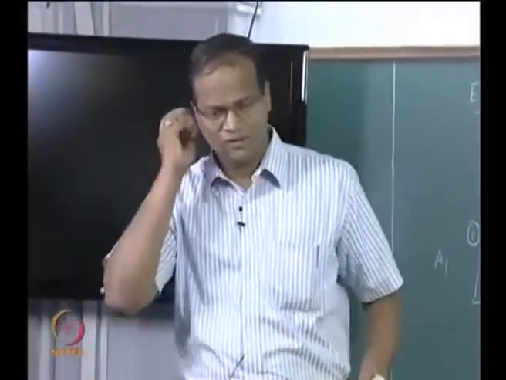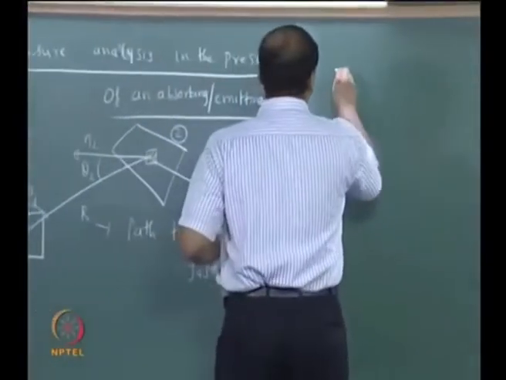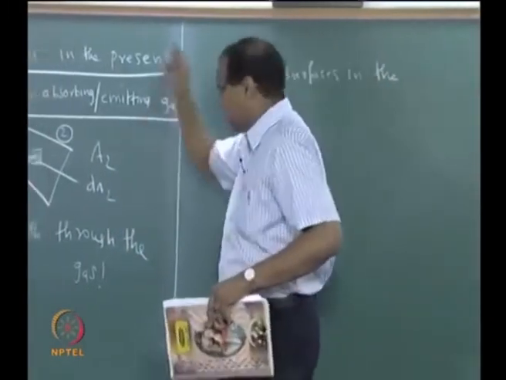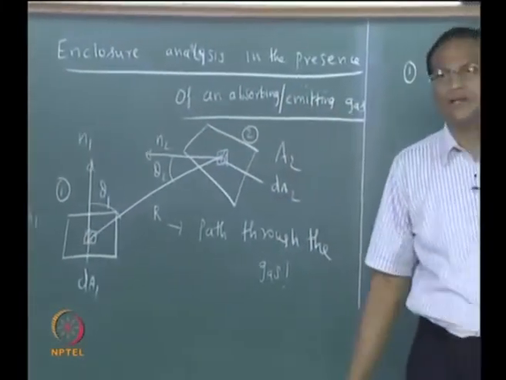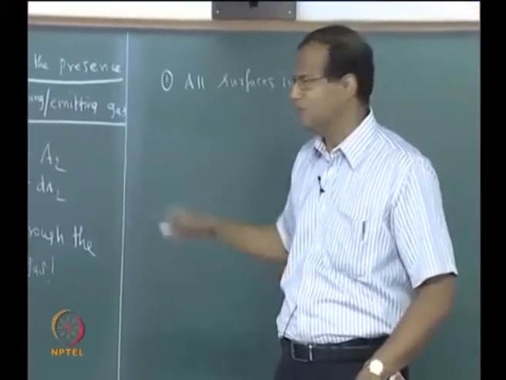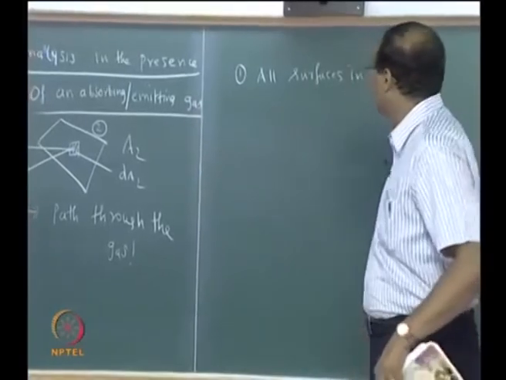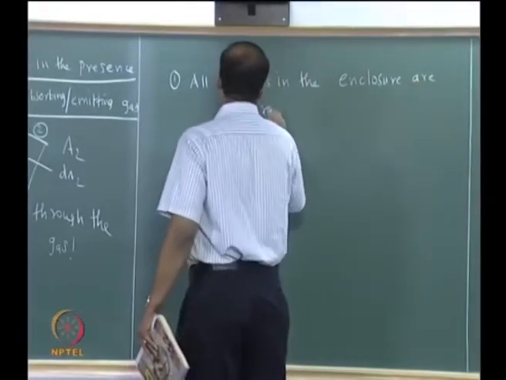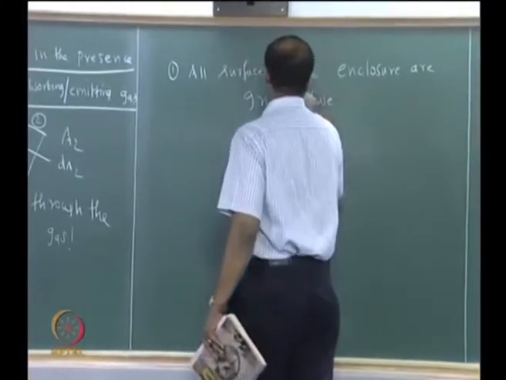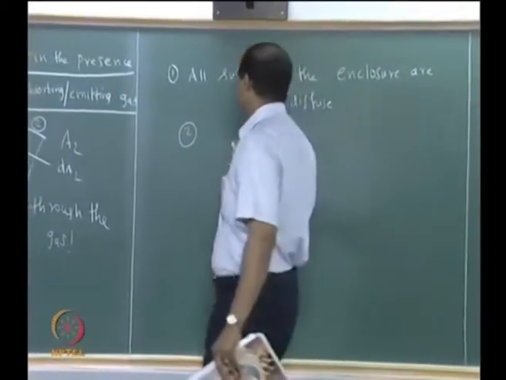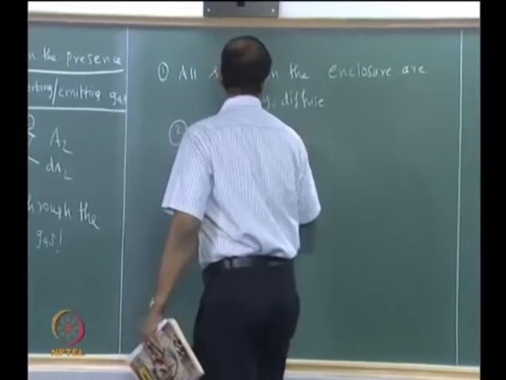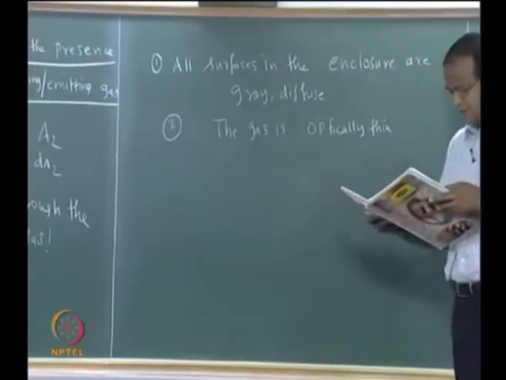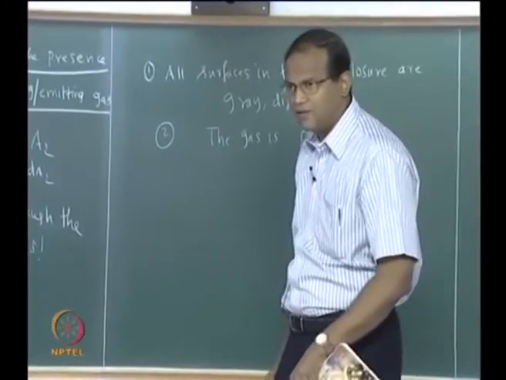Now how do we start? Consider two surfaces A1 and A2 which are part of a general enclosure. In A1 and A2 we take two elemental areas dA1 and dA2, and the configuration is shown. All surfaces in the enclosure are gray and diffuse. The gas is optically thin. So the radiation which is leaving dA1 and falling on dA2 is given by